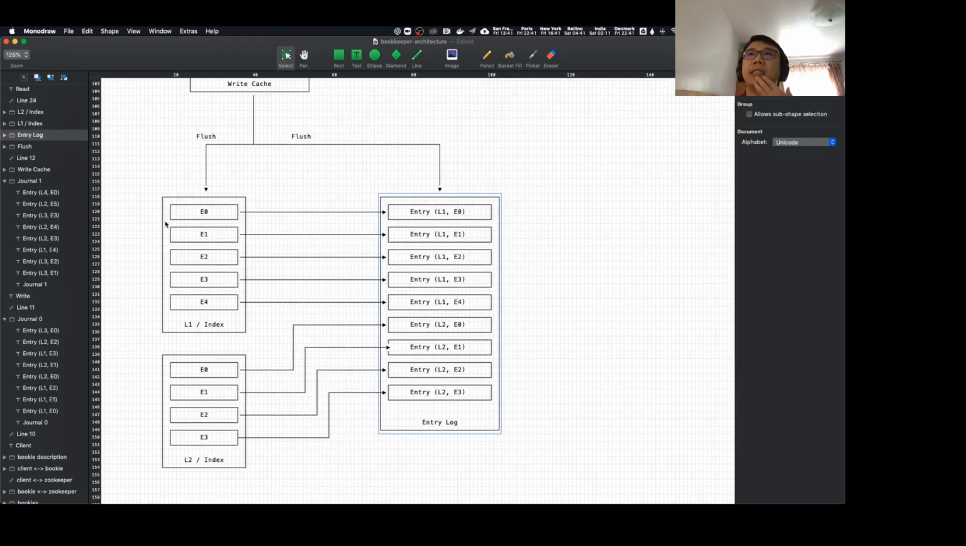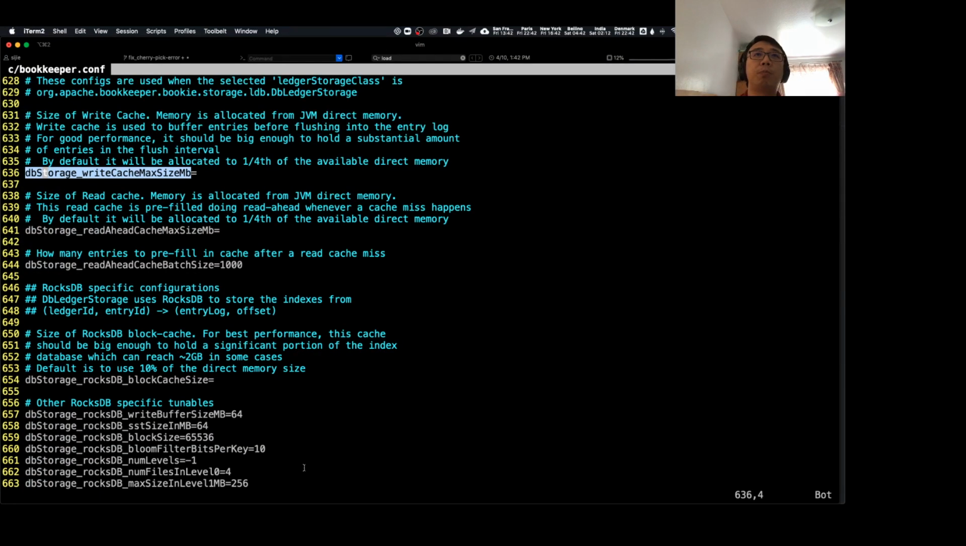And the next thing is, if your workload is going to read a lot of history data, or you want to do rewind, you need to make sure your index is kept in memory. This would avoid you going to disk to reload the index. So in order to configure that, you should be configuring the